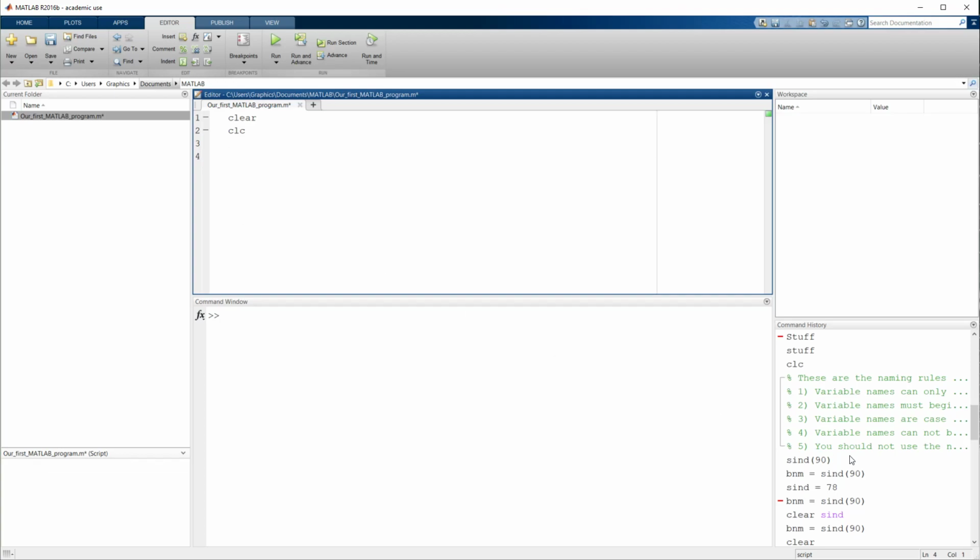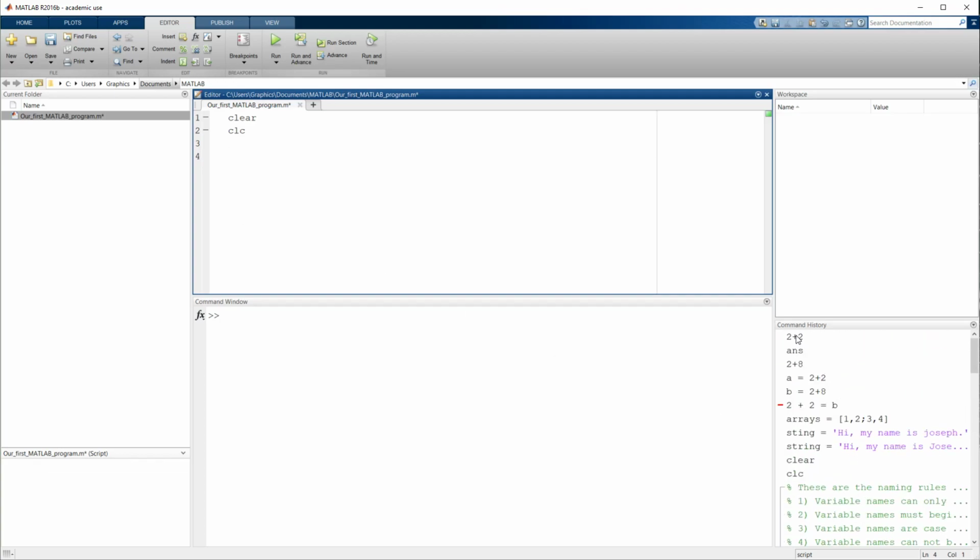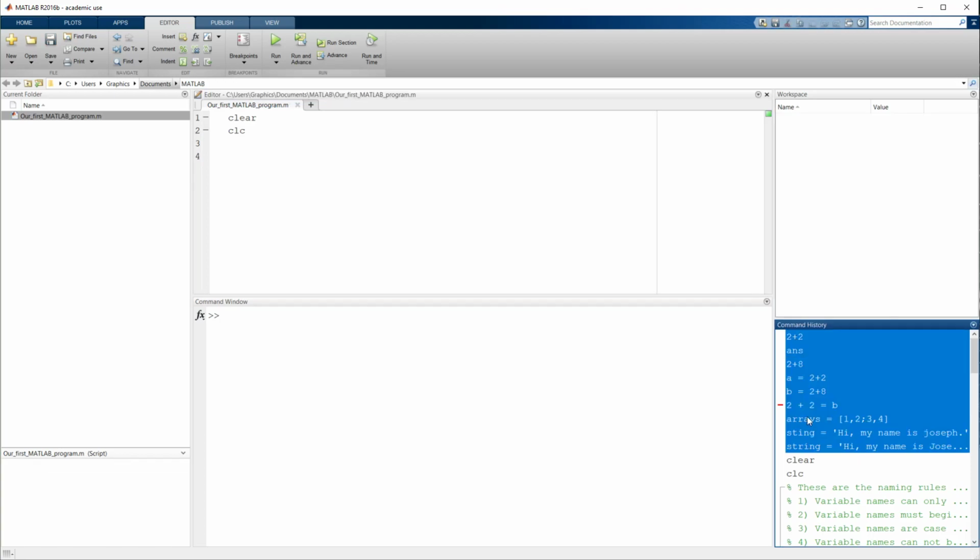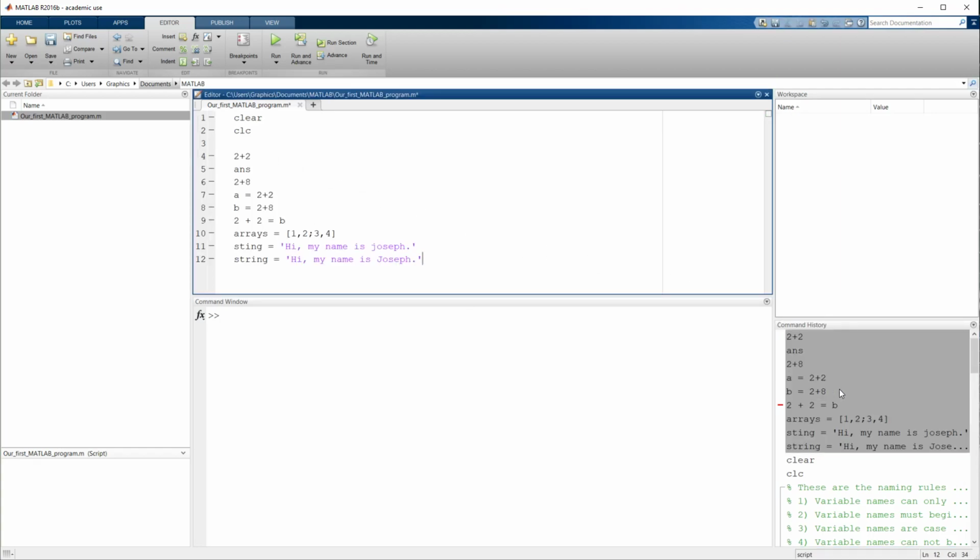Let's just take a look at everything that we did up here. So here we covered a little bit of introduction into how to use MATLAB. You'll notice that I executed clear and clc commands between each lesson. So I'm just going to grab all of our commands from the command history, drag and drop them. I'm also going to come up beforehand and type percent space, and this initiates a comment. We'll talk about what a comment is in a moment. This is some introductory commands